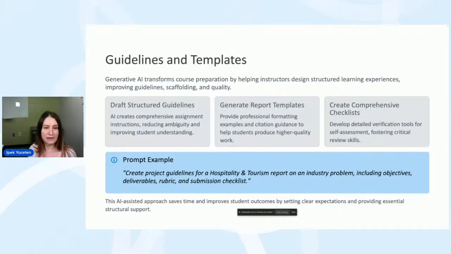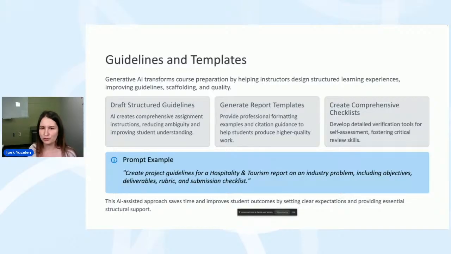Okay, another way I use AI is to create project guidelines. Whenever we have a group project, or any other project, individual projects, my students always ask me, where are the guidelines? Where can we find the guidelines? Because guidelines tell them the path to follow. In the past, it was taking me days, essentially, to generate that, and it wasn't very clear. I was always missing important points in the guideline. However, now I get help from the AI to generate project guidelines for me.